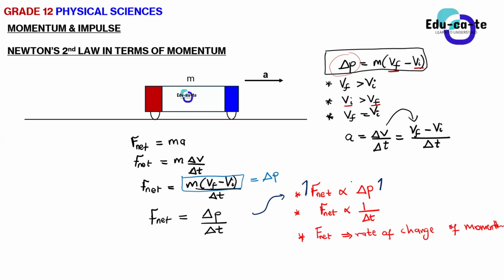Okay, and then this second one says the net force is inversely proportional to the time taken. So in this case here, if there is a bigger time taken, what happens to the net force? It will decrease. Guys, this one is a very important thing. They will ask you in a 3 marks question when it comes to applying this in real life.